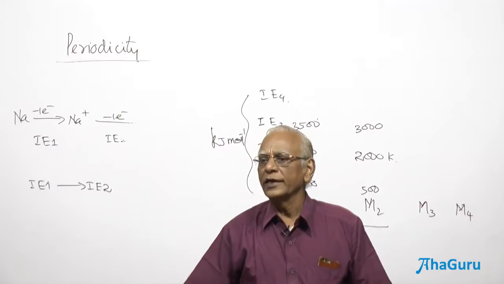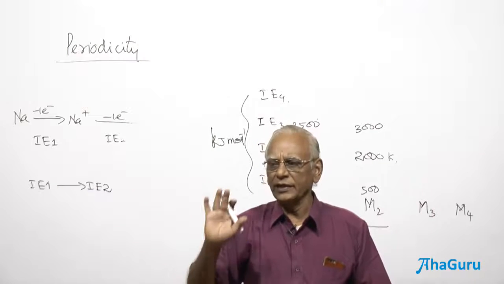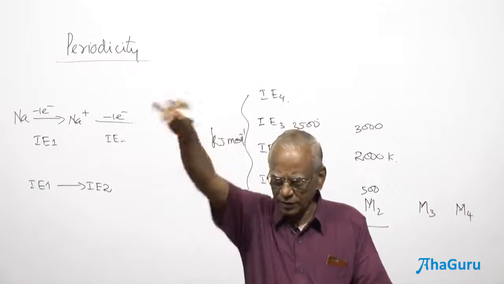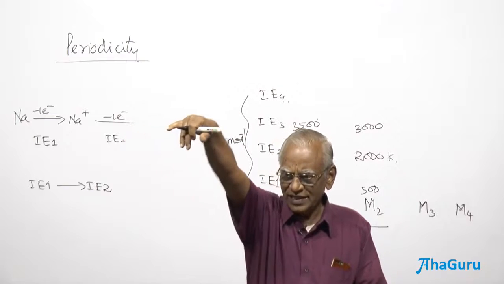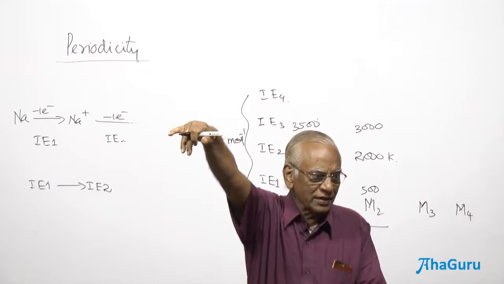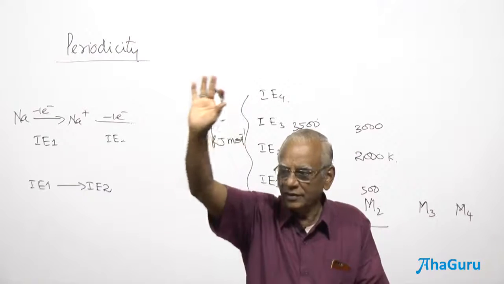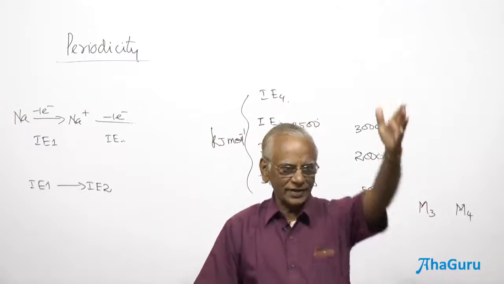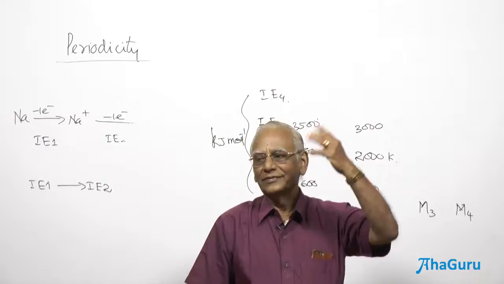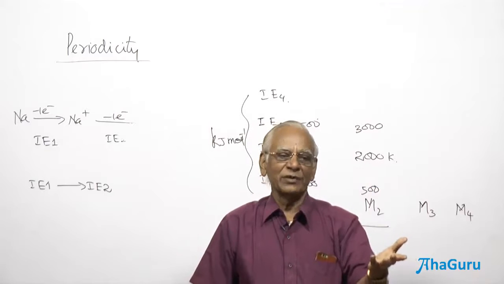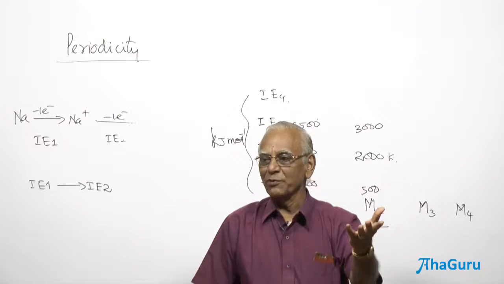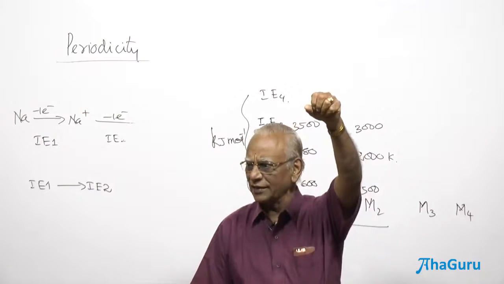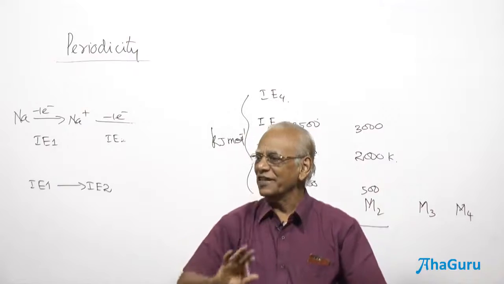Why not? Do you agree with me that the ionization enthalpy should consecutively increase as and when you remove one electron, second electron, third electron? What I want to suggest is that removal of the first electron is always easy. Removal of the second electron becomes difficult. Removal of the third electron is still more difficult, isn't it? Why is it so? Because the force acting on the other electrons increases. In the case of a neutral atom, you have an equal number of protons and electrons. After removing one electron, you get a positive charge. The positively charged nucleus will have greater attraction towards all the electrons. Therefore, the removal of the second electron is definitely very difficult.